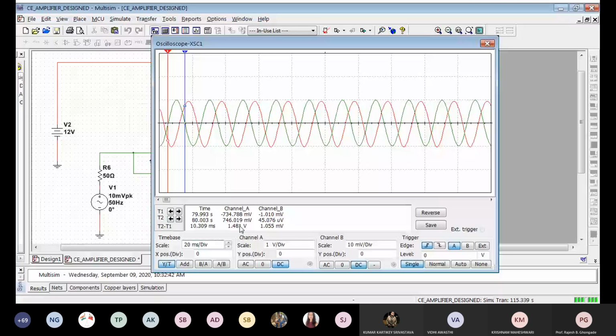It gets reduced to how much? No, not 1.48. These are shifted. So it has to be 2 volts. See what is the ratio? 2.8 divided by 2. That is 1.4. Correct? Which is equal to what?